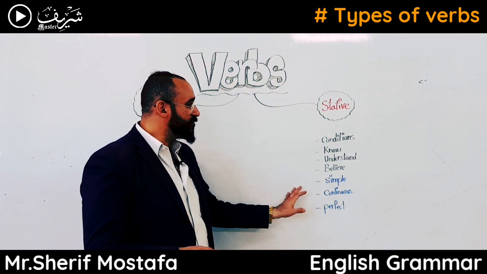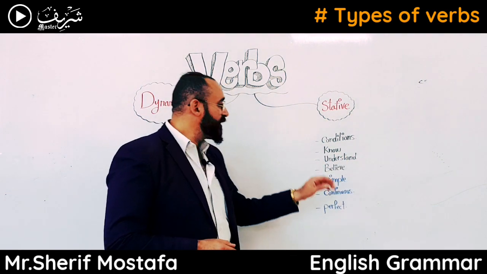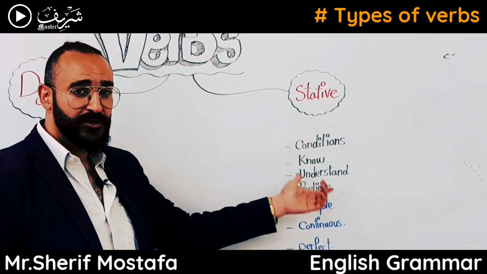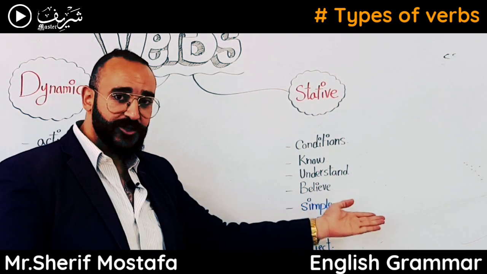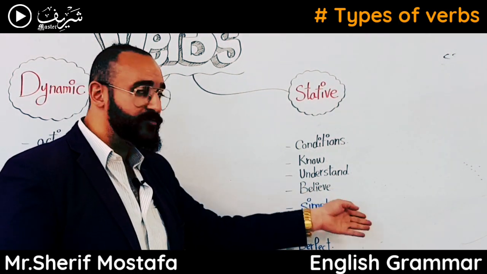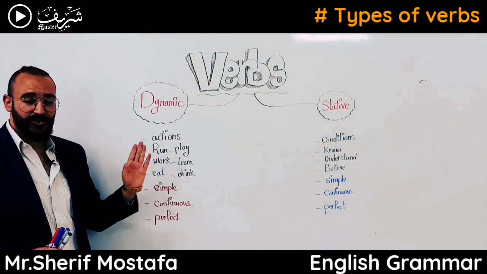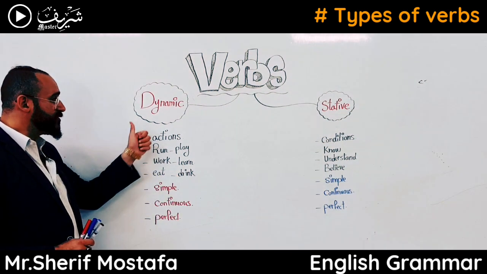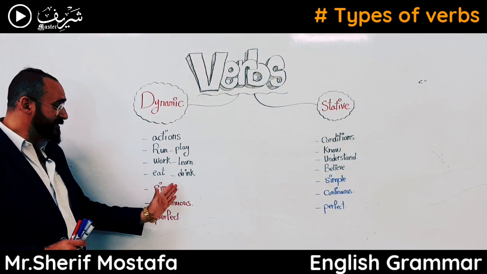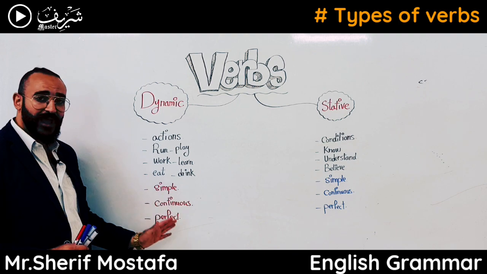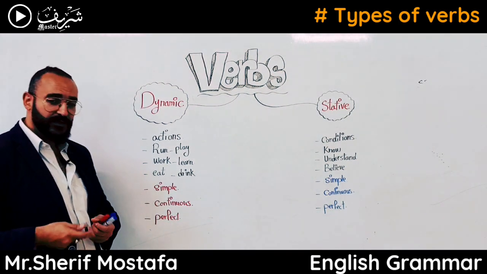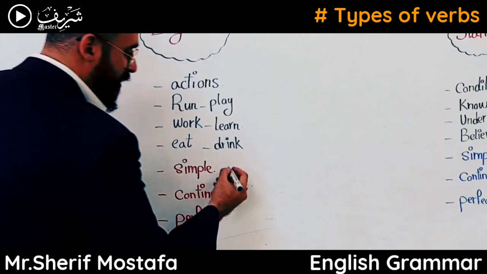They are related to a condition or a state, like when we say I know, I understand, I believe. So what makes it so different? We can use the dynamic verb with the simple form, continuous form, and perfect form. Like I can say,